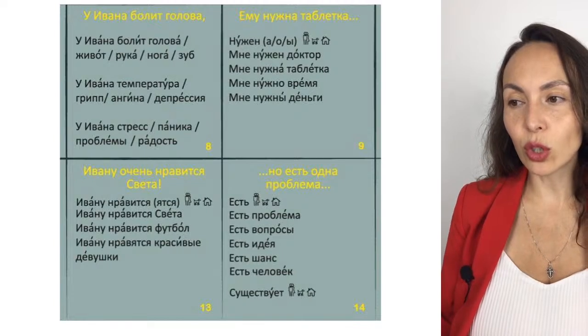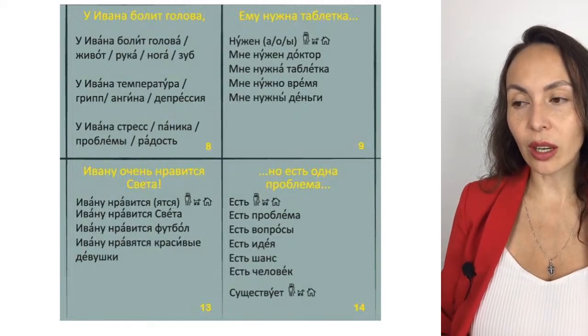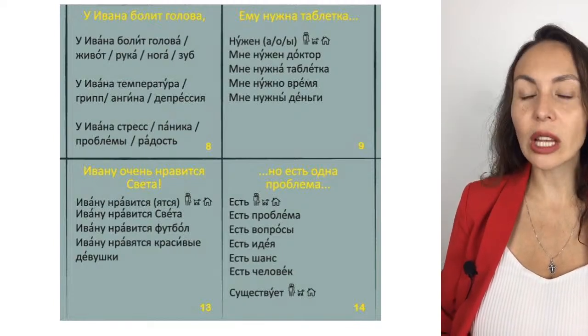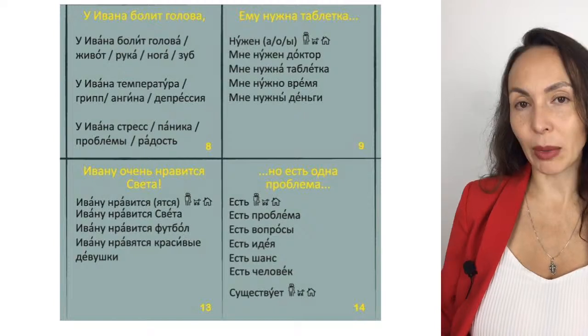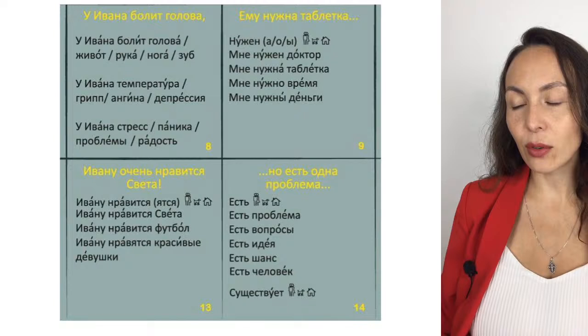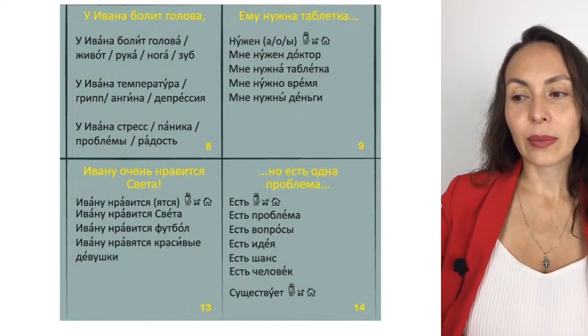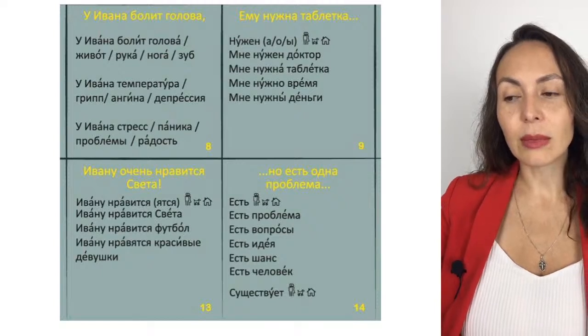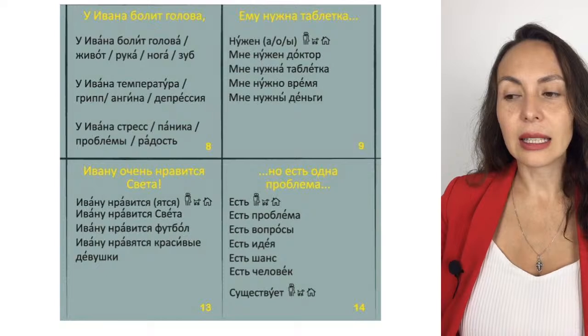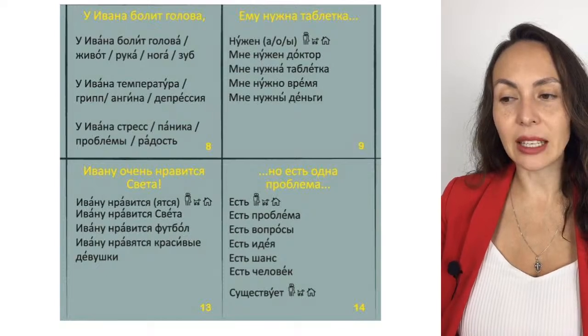Ему нужен доктор. Ему нужно время. Ему нужны деньги, for example. Or